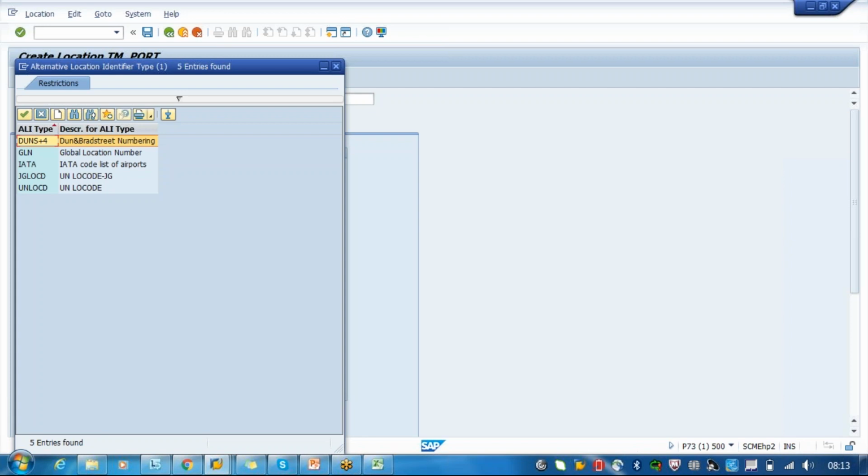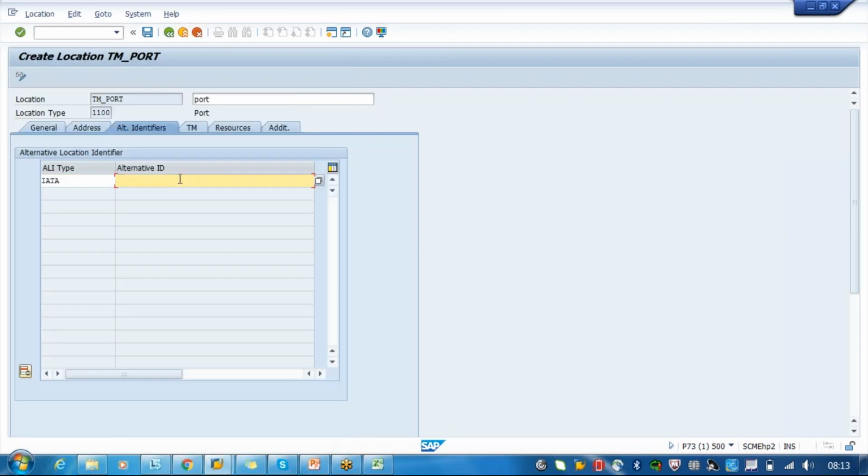Is this a kind of port code? Now, this is a security code, especially at that port. How does this help in our scenario? No, this is only in case it's an ocean port or airport. That port will have one code. It's a security code, and that code you have to enter.